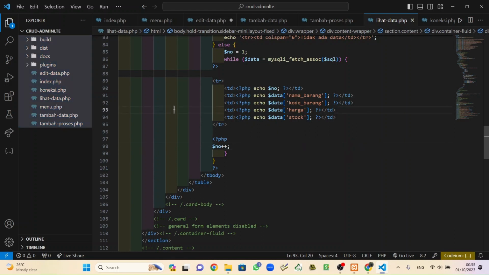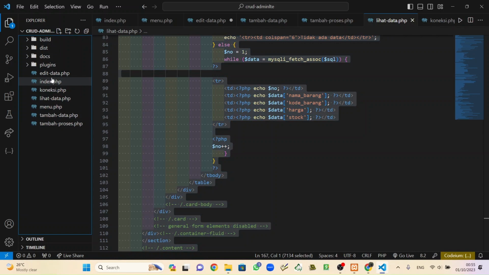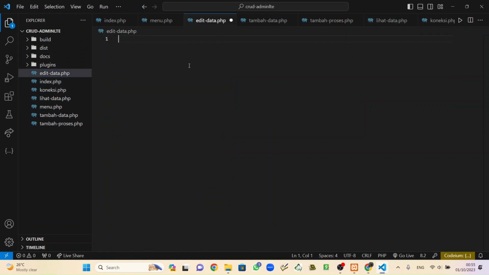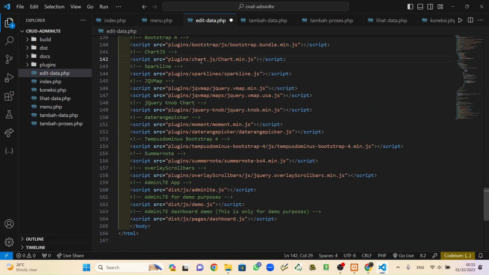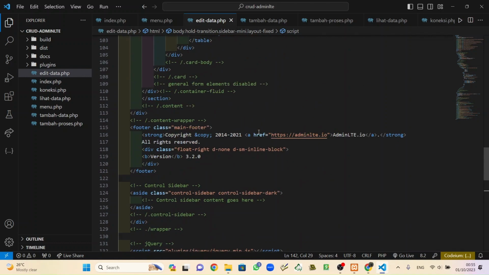Edit data, same, but edit data, oh I'm sorry, no, edit data is the same as lihat data, but there are two actions here, so we remove that again, Ctrl A, backspace. So back to the lihat data, Ctrl A, Ctrl C, back to edit data, Ctrl V, Ctrl Shift, so we don't need to see because it's the same.